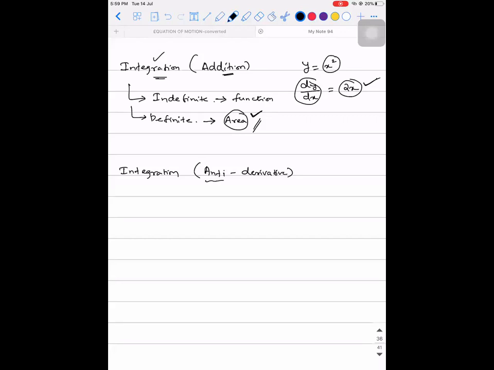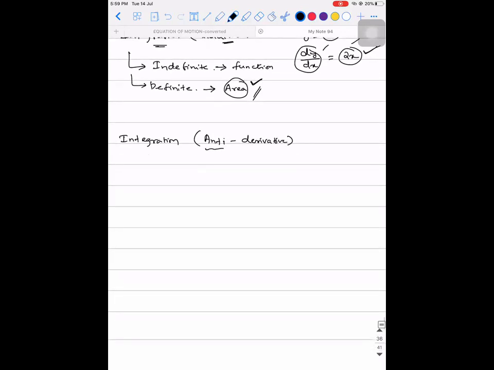Here you don't have any derivation for the formula, but dy by dx is equal to 2x is a derivation. You learn it in a chapter called limits and derivatives. That is some 12th or 13th chapter in your maths textbook. So integration is antiderivative.